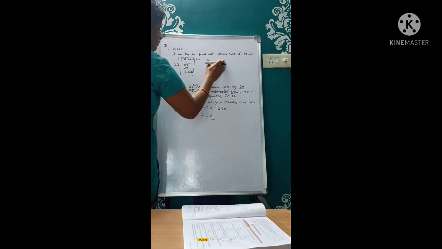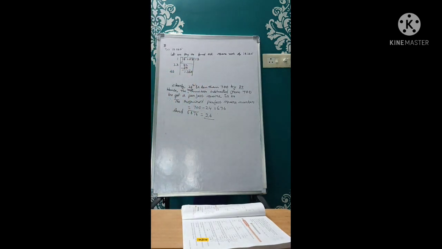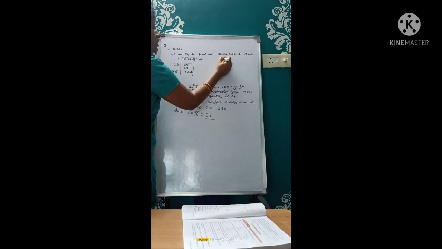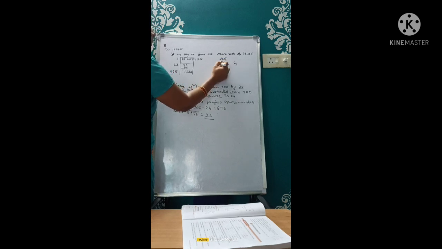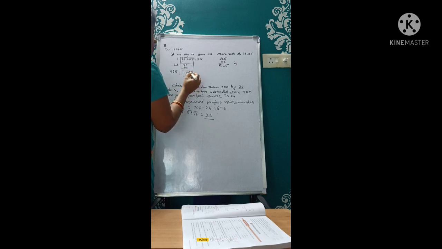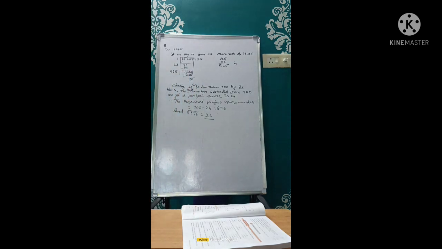Here 5 is there. So where do we get 5? By multiplying by 5 only. So we have to check by 5 here. 265 into 5: 5 5s are 25, 5 6s are 30 plus 2, 32, 5 2s are 10 plus 3, 1325. On subtraction we get 40. So the least number which we subtract from this is 40.